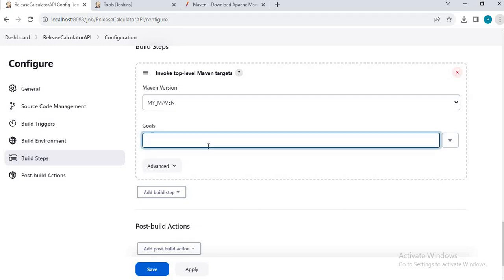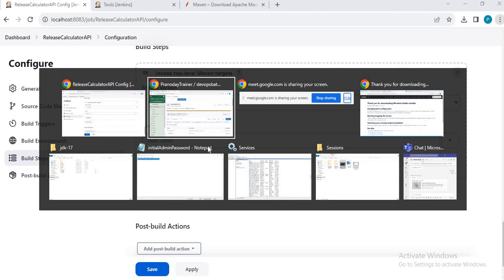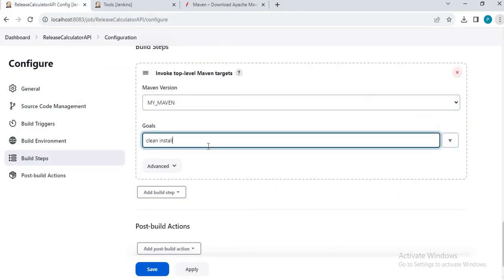So I want to trigger clean, and for now I will just keep install. I have not yet configured the remote repository in our latest project, so I'll just keep install for now. Once we configure the remote repository, which we have already done, but as we have developed a new project now, that project doesn't have those changes yet.